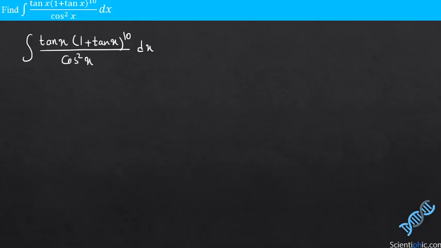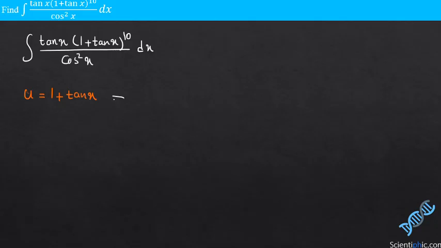In this type of problems, usually we start with taking the more difficult expression as u. Here, if I pay close attention, I see that 1 plus tan x has a power of 10, so that's probably the more difficult expression in this whole fraction, and I have to take that as u. So I'm going to write u is equal to 1 plus tan x,